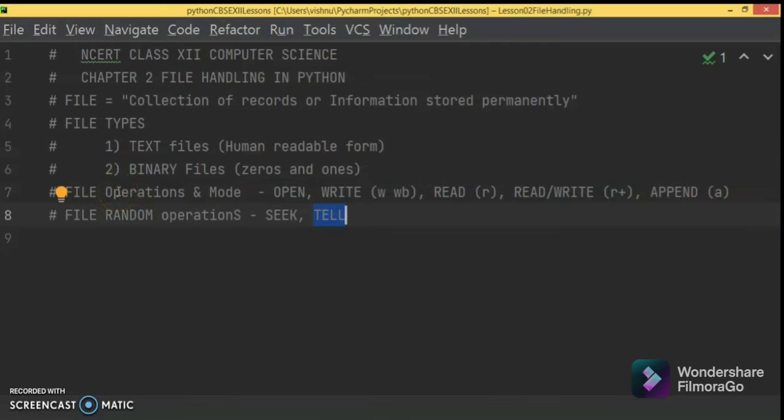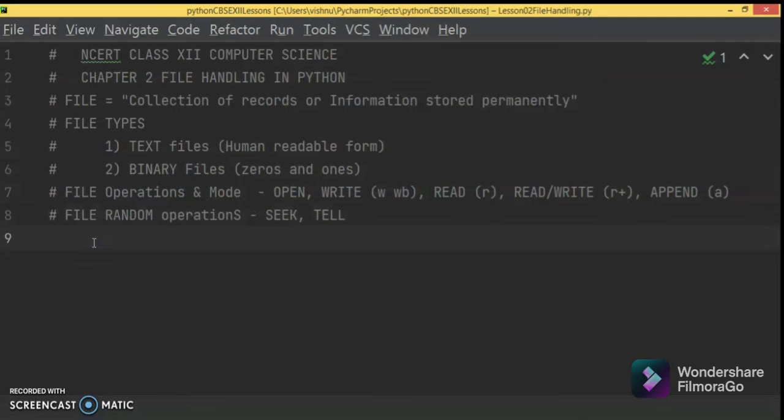Sequential is nothing but sequentially we are reading the file information one by one. Random means directly you are going and positioning at that particular place in the file and you are retrieving that. Sequential is like in the older days when we used tapes: one by one, record 1, record 2, record 3 up to record n, it will be reading. If you are using a CD, it is a random access file. In random access, if you want to go to record 50, it will directly go and seek that particular position, position 50. So this is the difference. We will be seeing both sequential and random operations.